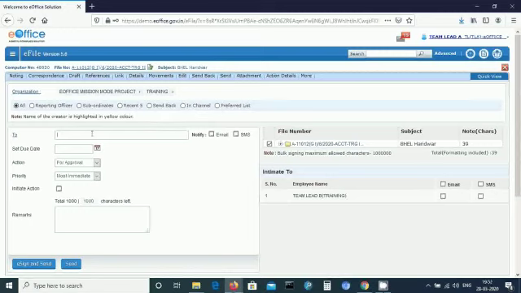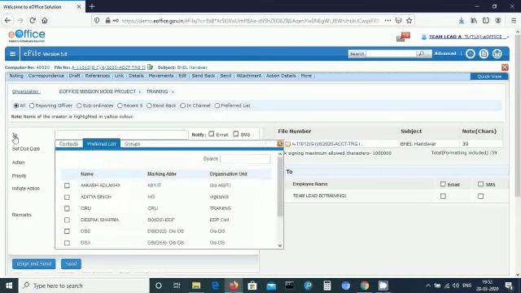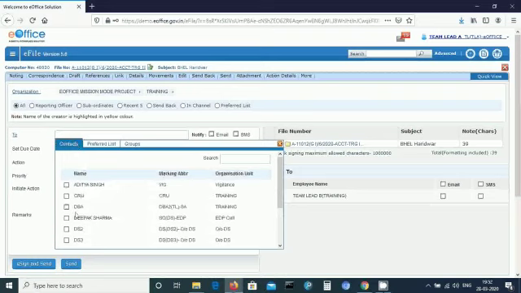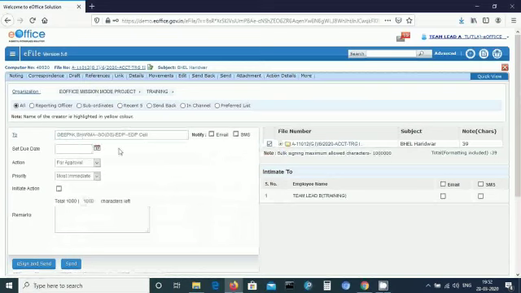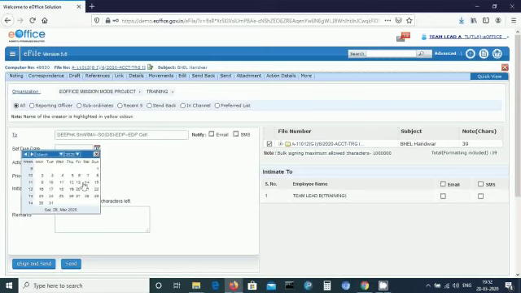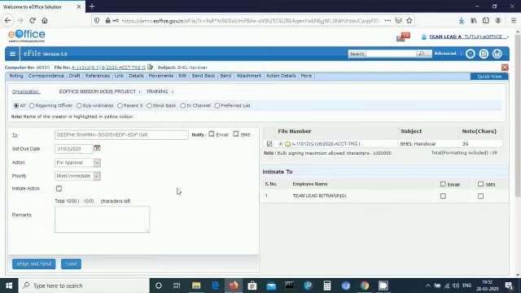In the To option, you can select the name, the contacts will appear, and let's suppose I select Deepak, or you can also type here the first three letters DEE, Deepak Sharma. You can also notify through SMS or email. If you want to set the due date, then a notification will come on the due date reminding you that you have sent some file for a purpose. The notification will come here.